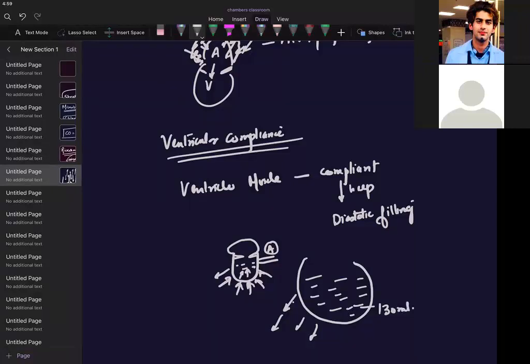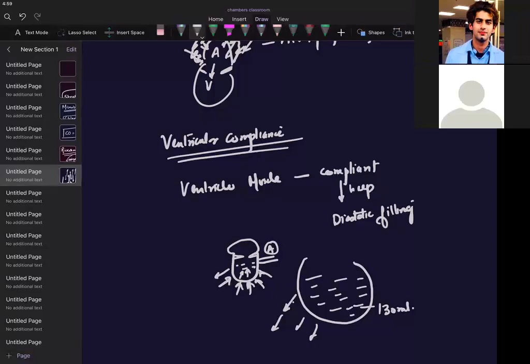If I have any sort of heart disease, be it cardiomyopathies, be it any sort of sclerosis of heart tissue, the heart is not able to remain compliant. You want it to get stretched but it is not able to get stretched. So what will happen? That is a pathology. Can I say the end diastolic volume will decrease in case of compliance diseases? If I have a loss of ventricular compliance, can I say I will have decreased end diastolic filling? Can I say I will have decreased end diastolic volume?